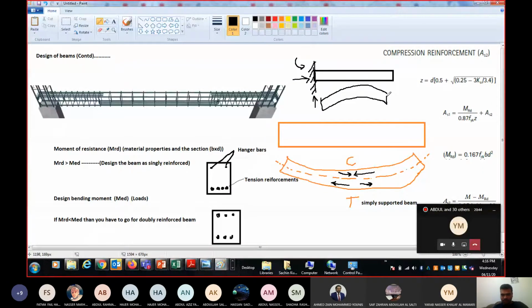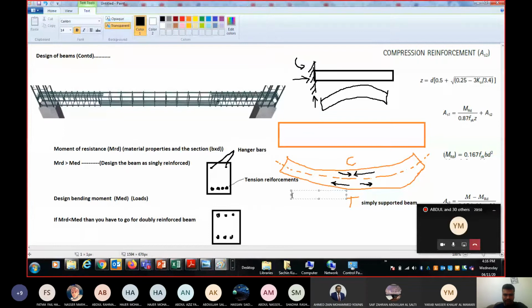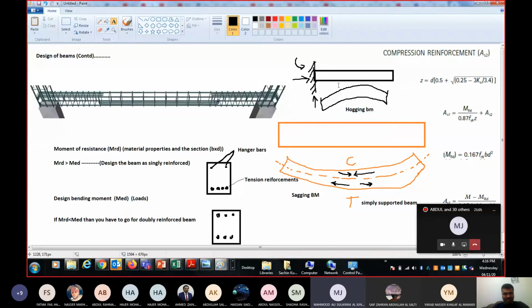Technically, this is called a sagging bending moment, and this type is called a hogging bending moment. If it is a hogging bending moment and you want to design it as a singly reinforced one, then the main reinforcement will come at the top.